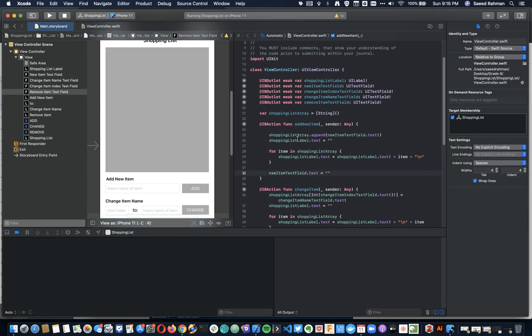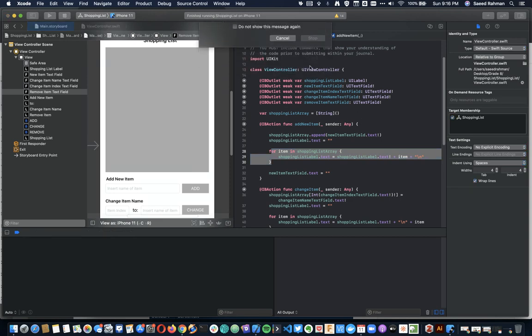Okay, so what will happen is every time this button is clicked, it's going to append whatever item is in the text field to the array. It's going to clear the label, and then it's going to use a for loop. So this is going to iterate through each item in the array. It's going to go over each item, and output it onto the label with a new line. And then once it's done all of the items, it's going to clear the text field ready for the next item to be entered. So if I run this now,